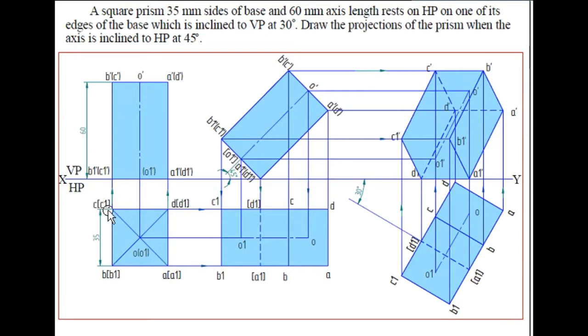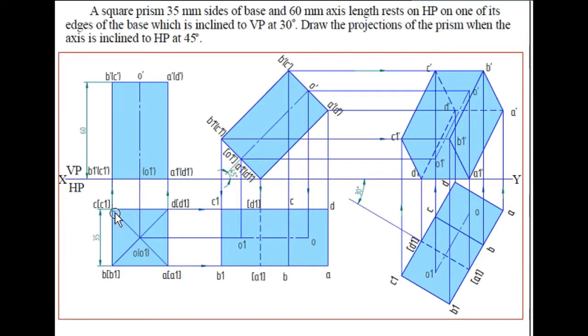For a square prism, the top face will be a square. So the top face is represented here. Okay. So next, coming to the naming portion, point A is represented for the top face corner and point B for the top face corner, similarly for point C and point D. And for the bottom face, A1, B1, C1, D1 are represented in brackets because the bottom face will be hidden when it is viewed from the top direction, right? So the naming of O and O1 has been made. O represents the top surface midpoint and O1 represents the bottom face midpoint of the square, right?